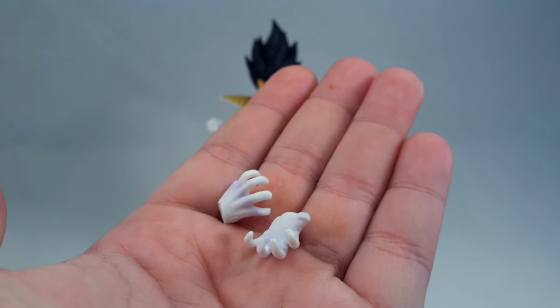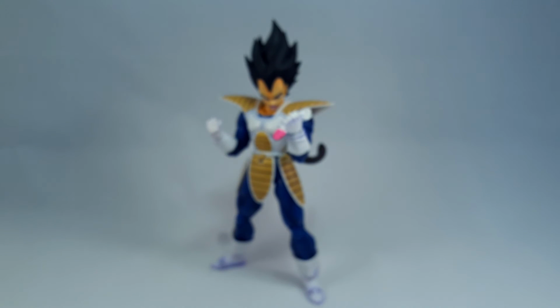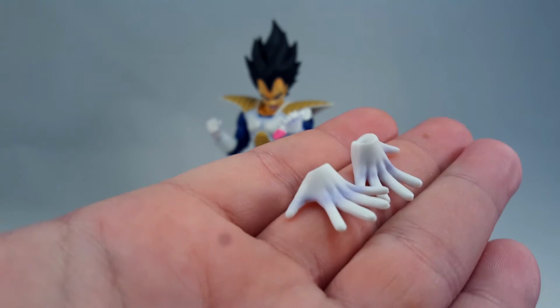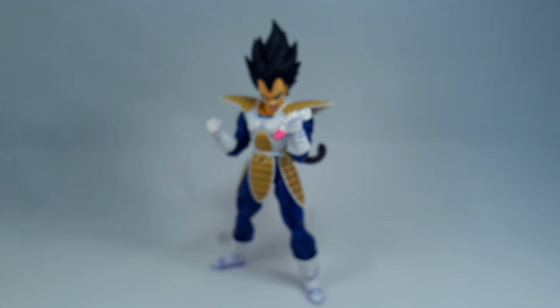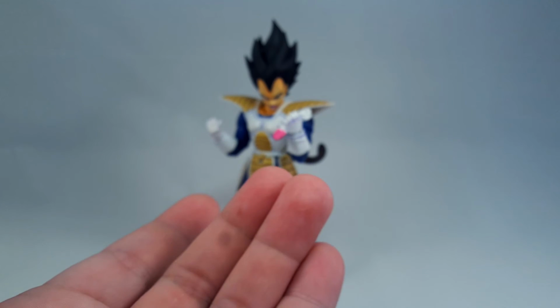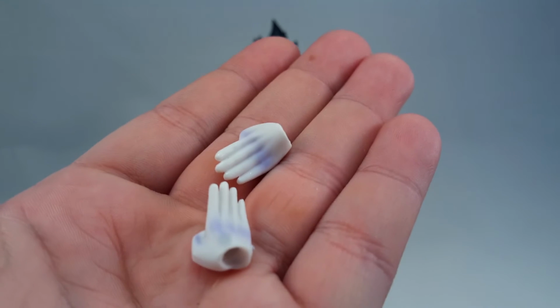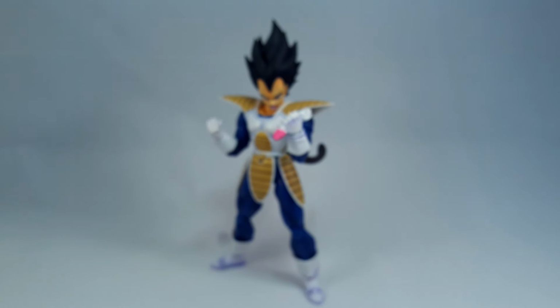You've got his Final Flash grippy hands, you have his blasting hands, his fist hands, which of course there are two of them, one's on him, two of his Big Bang Attack Vegeta style Ki Blast hands,